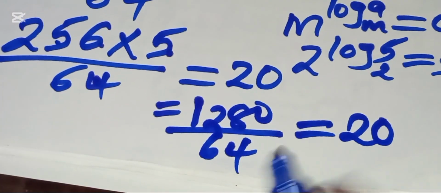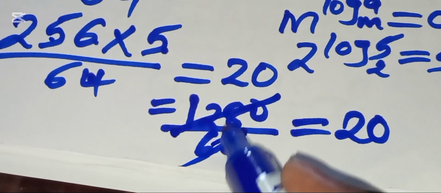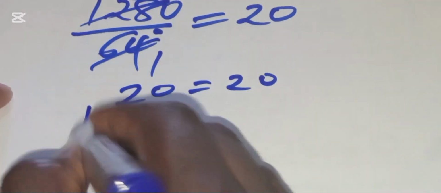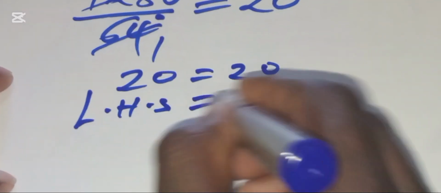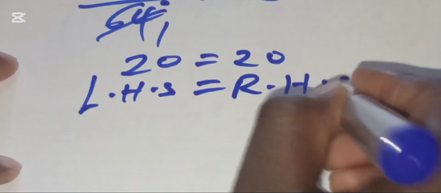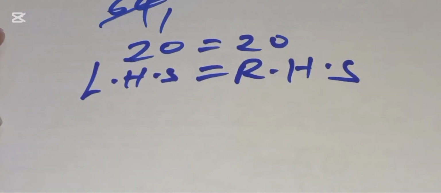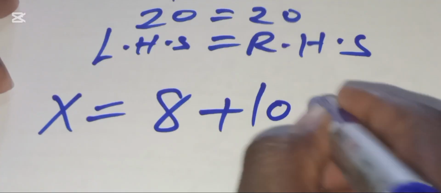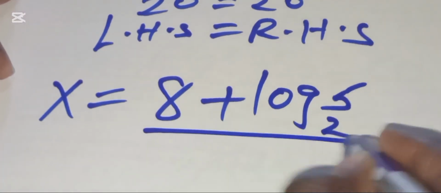Now if you simplify here, 1280 divided by 64 is equal to 20. So 20 is equal to 20, and that means that the left-hand side is equal to the right-hand side. Okay, and that shows that the value of x, which is equal to 8 plus log 5 to base 2 divided by 3,